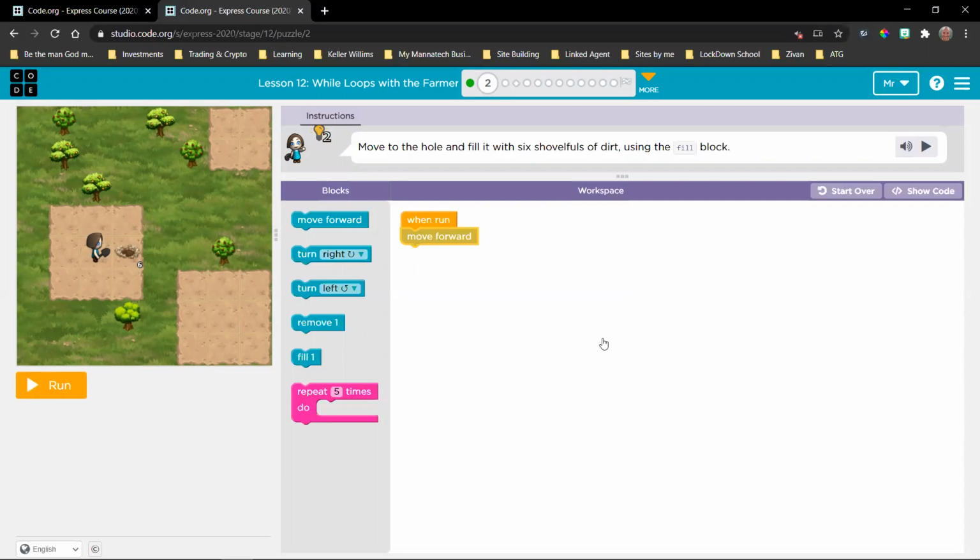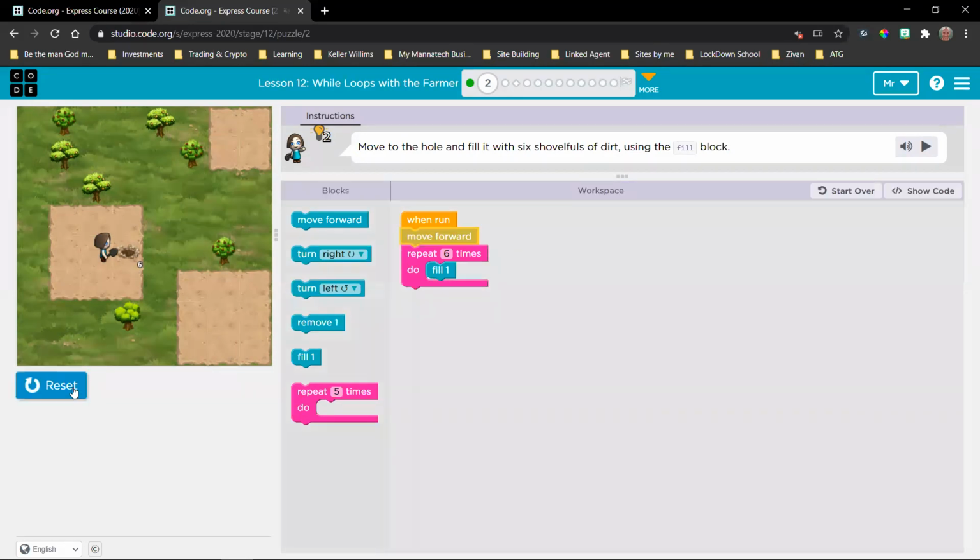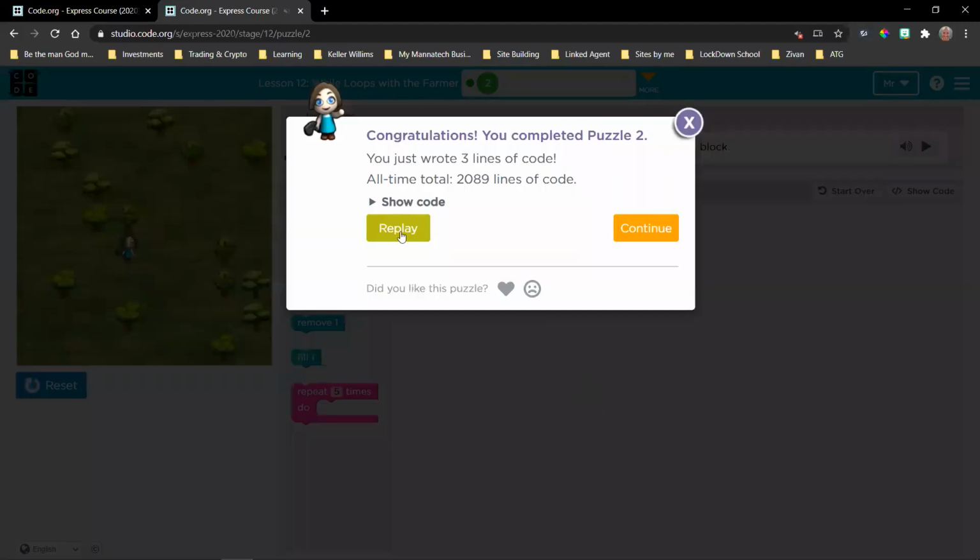Okay. Now the second problem is we need to fill this hole, but this is a fill 1. We need to do it 6 times. So we just place this into a repeat and we tell it to go 6 times. Then we run. And now it's happened. And while I saw the line and text-based coding, I need to show you something quickly